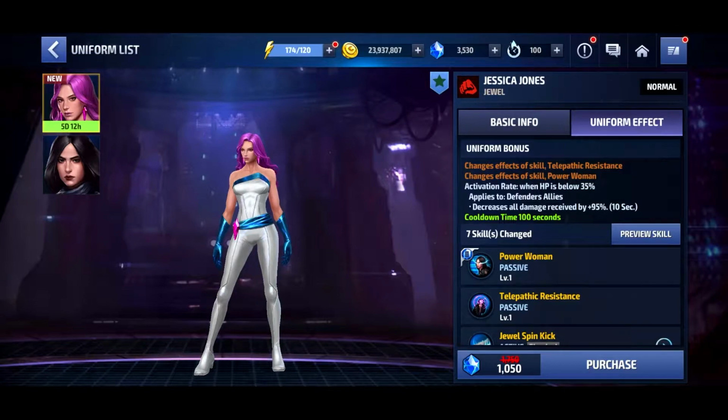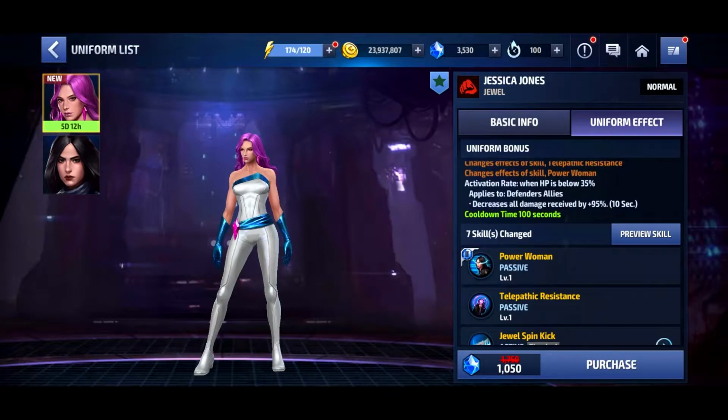She is going to enhance the skill effect of telepathic resistance and power woman. So those are both of her passives, right? Yeah, her tier 2 passive and her 4-star passive. The uniform bonus is going to be: when HP is below 35%, applies to defender allies, decrease all damage received by 95% for 10 seconds on a 100-second cooldown. So instead of giving a revive, this is kind of similar to that. You just reduce the damage to almost nothing, so you should be able to survive for that 10 seconds. So you almost have 10 seconds of immunity or invincibility there,